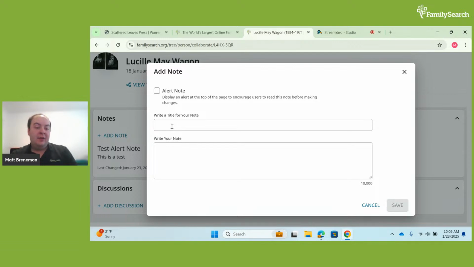And then you can write a title for your note, and then you can write a more detailed description right here. And you have up to 10,000 characters, which is quite a lot. And then you can just check mark this box to make it an alert note that people will see on the details page before they make any changes to that information.